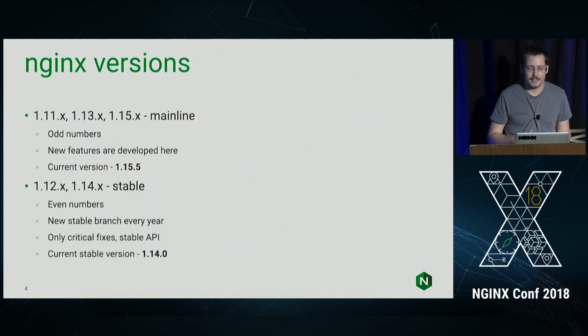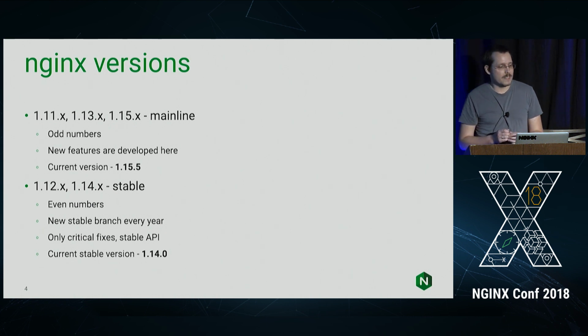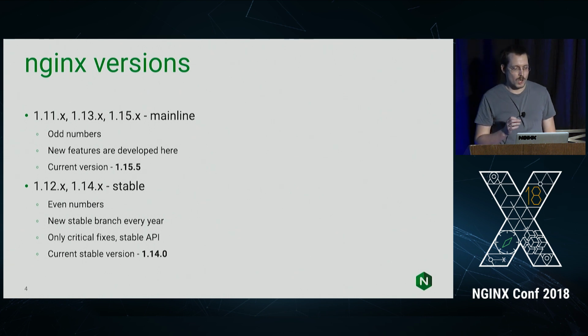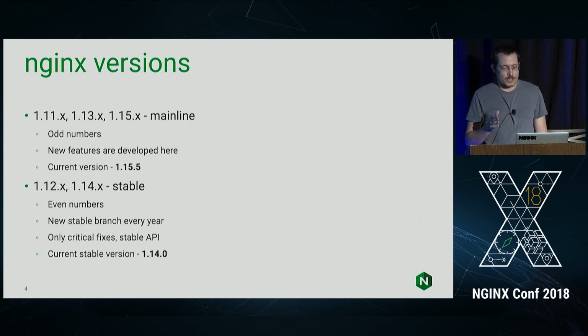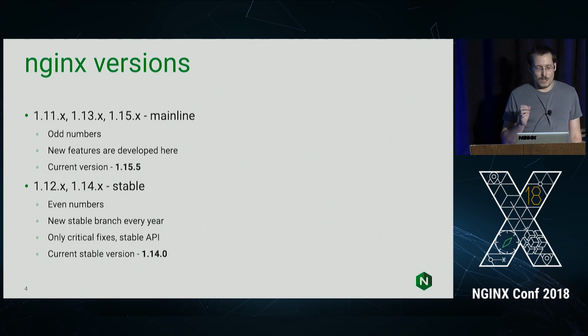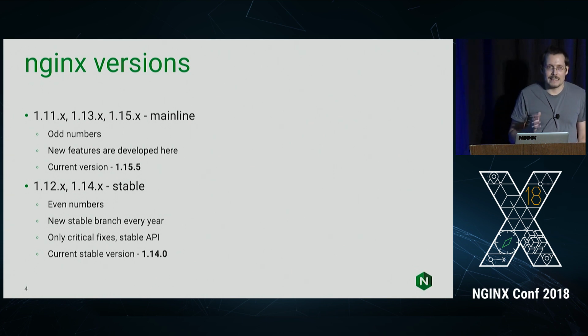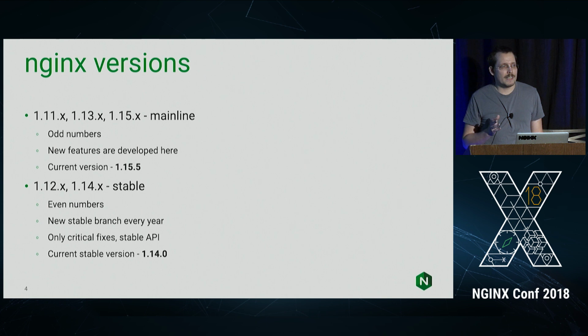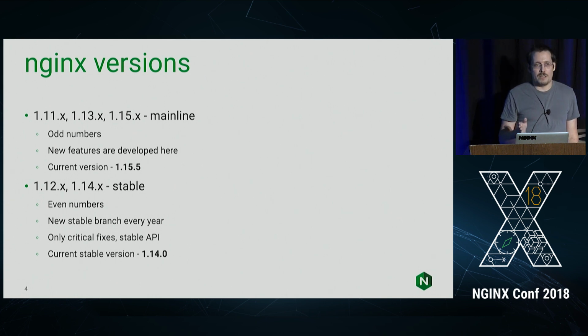First of all, let me reiterate NGINX versioning details. All NGINX development happens in the mainline branch, and these are versions without second numbers. The latest mainline version is 1.15.5. To help people who don't want to upgrade often, we also have stable versions. This maintains a stable API and only gets critical fixes merged from the mainline branch. The latest stable version is